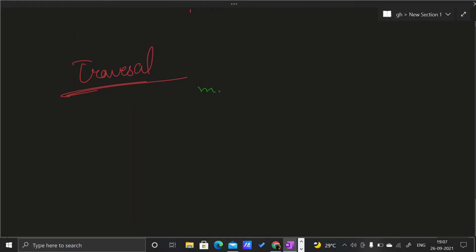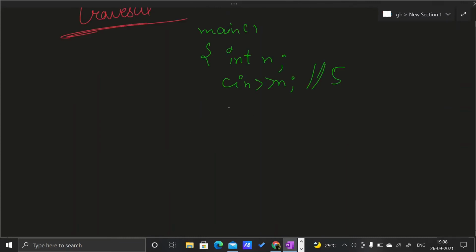First of all, this is my main. I have taken the size int n and I get the value for n from the user. Suppose the user passed the value 5. Now I want an array where I can store these 5 values, so I'll take an array variable with size 5.